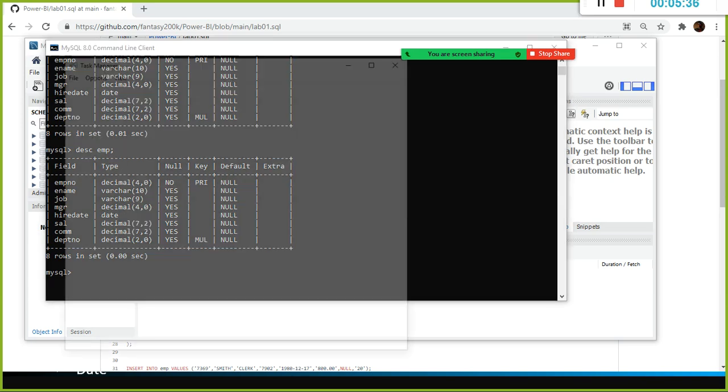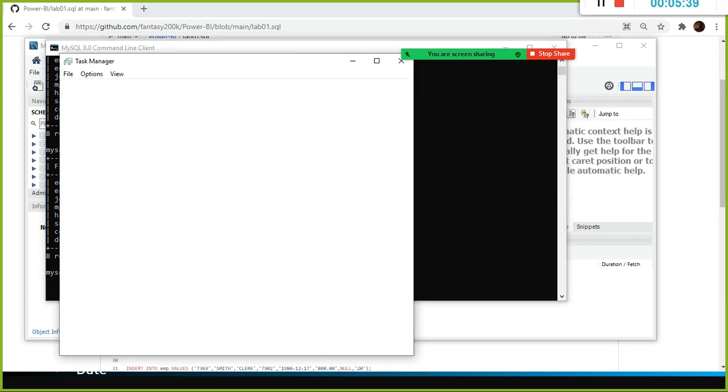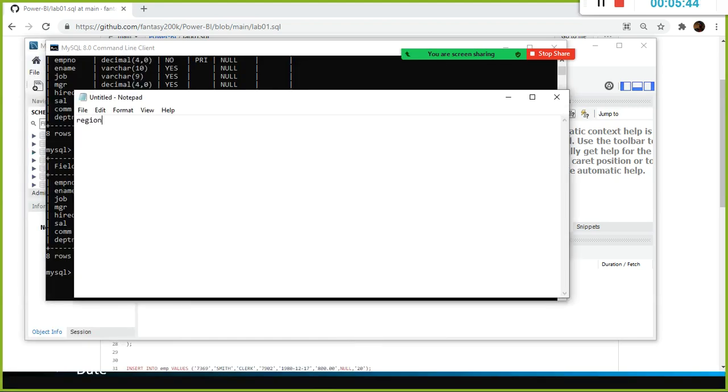Region. You need a region table to answer the business query. What is the business query? We need sales performance, total sales. We want to see the total sales by region, by category. So category wise, right? So region by quarterly, right? You want total sales by region, by category, by quarter.